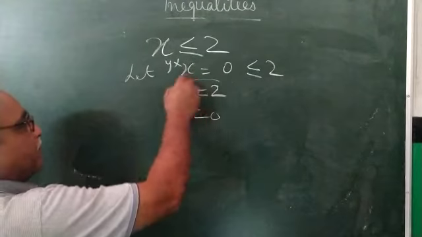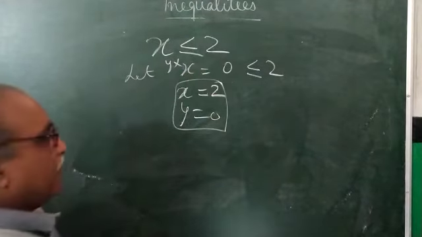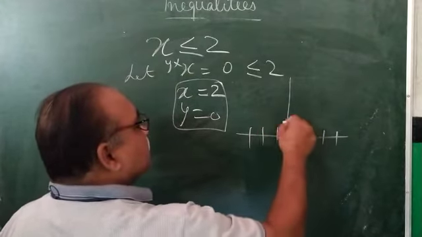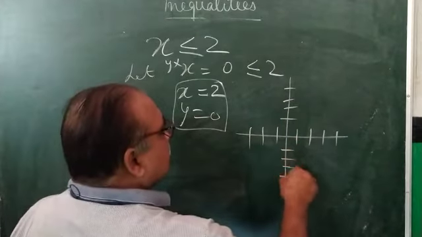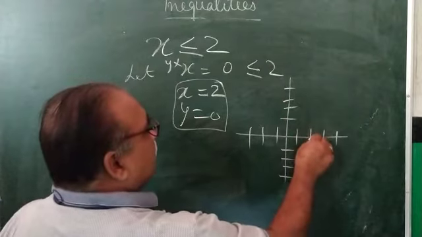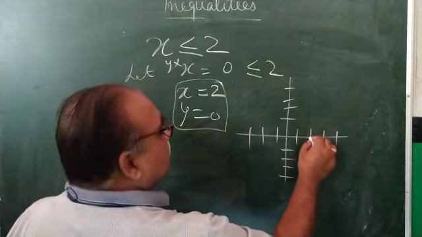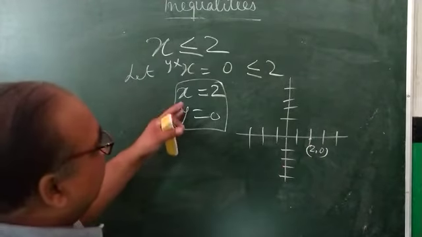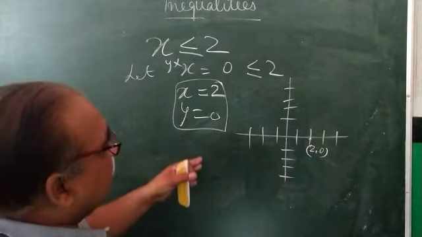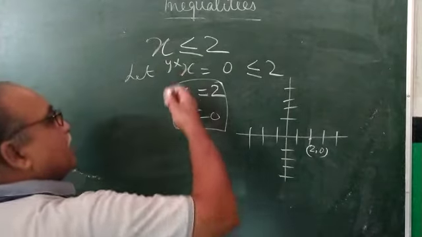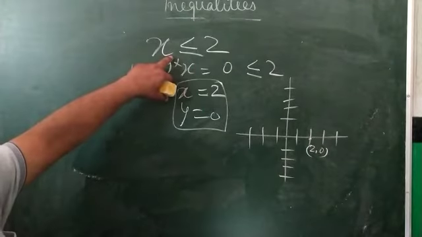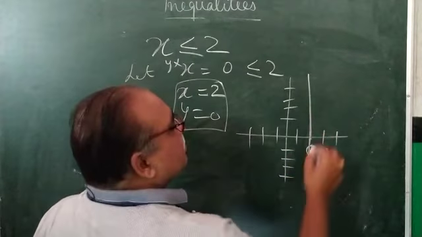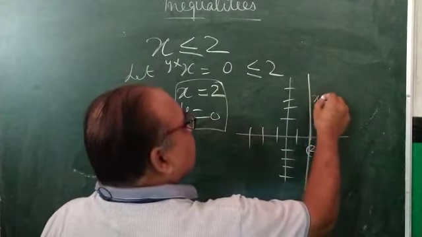So we have the first set of values of x and y, and if we plot the graph here on the graph paper, x is 2 and y is 0, so this is the point (2, 0). Whatever the line is, it will be parallel to the y axis, because here y will always be 0, every time y will be 0 here. So this is the desired line, that is x is equal to 2.